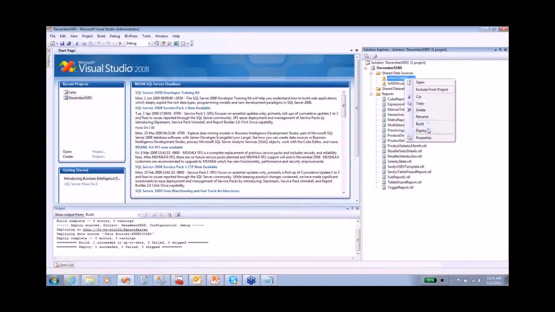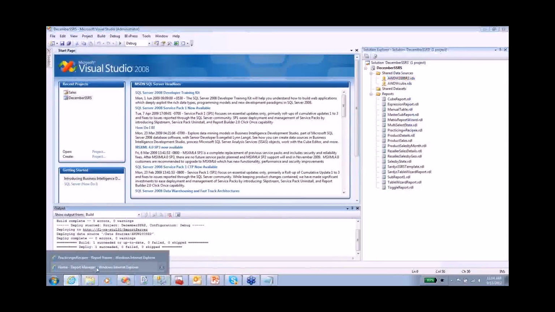Let me go back again. You right click and you deploy, and then if you are using the native mode report, which is the one that I'm using right now, you will have this output window where it shows the information, where you are deploying to, and you can see when it is successful. So let's go back to my report manager